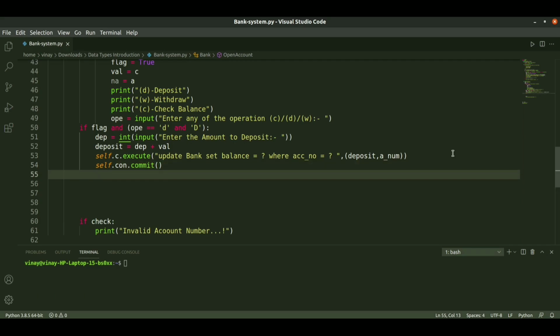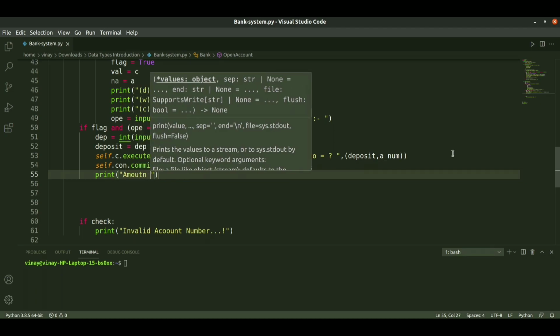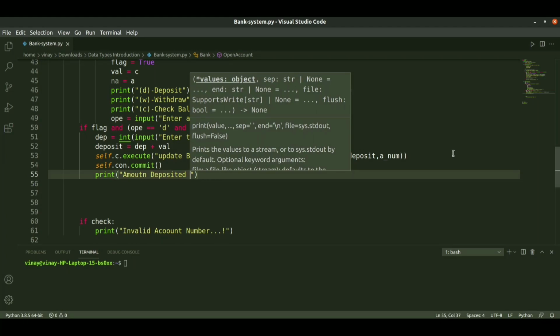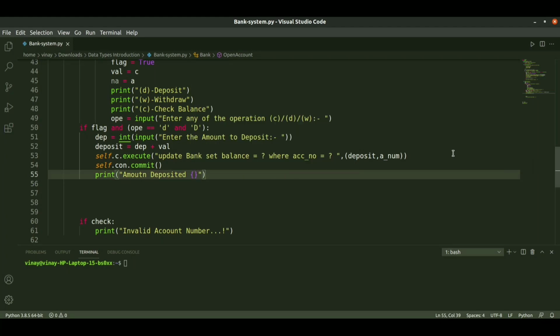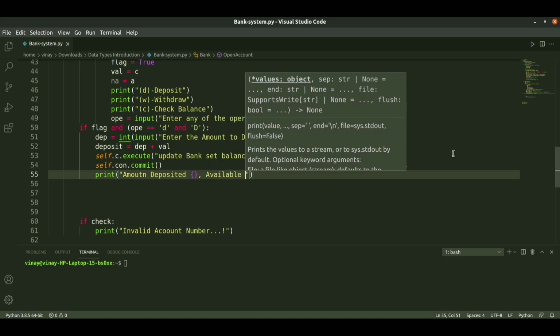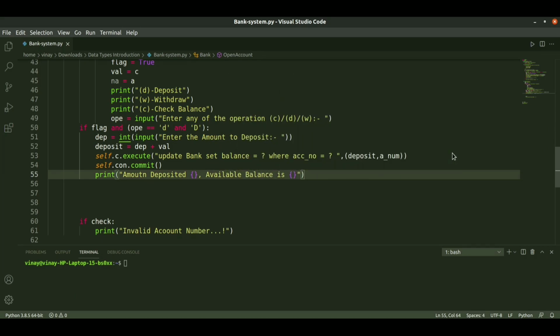In order to inform that the amount is deposited, we just print amount deposited. Here I am using a format specifier, something rupees, that amount is deposited, comma, available balance is a format specifier, dot format.